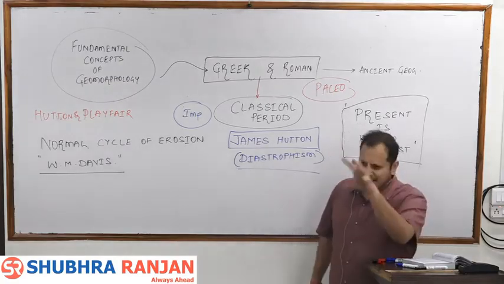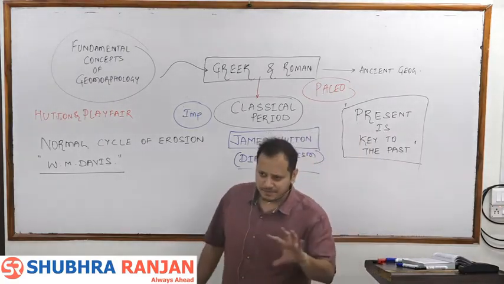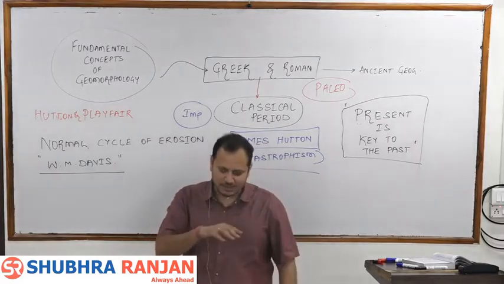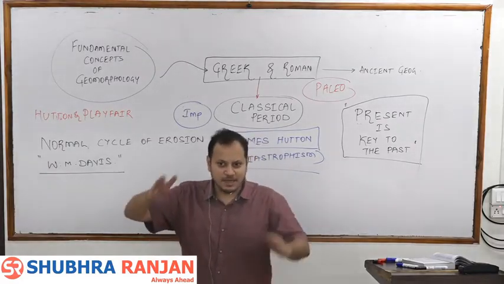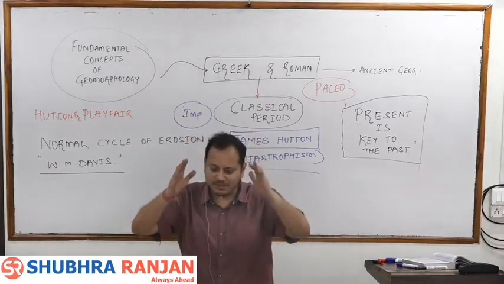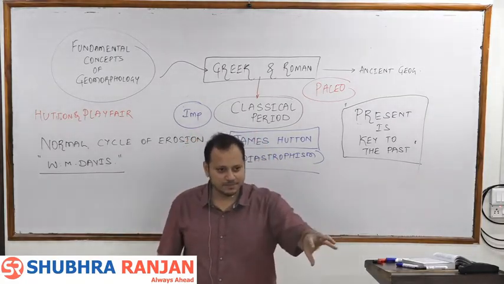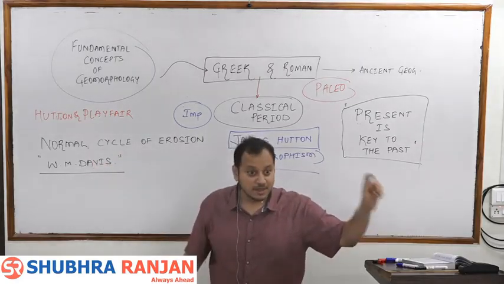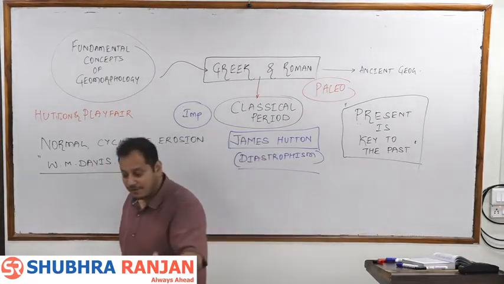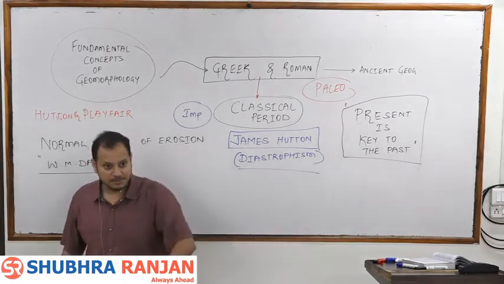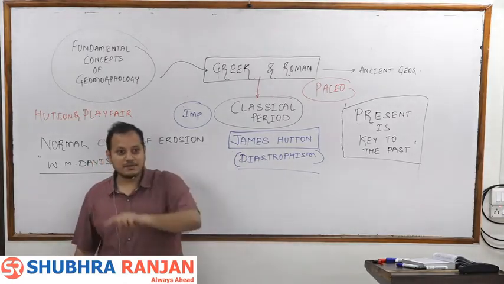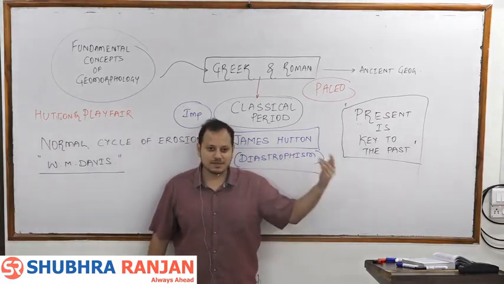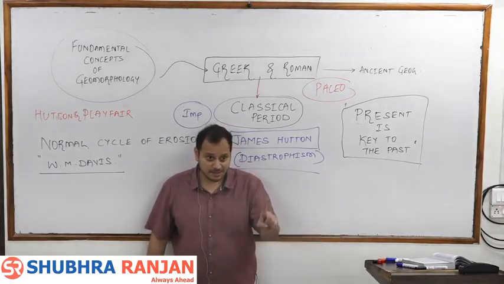Understand now. This was the year 1797 when Hutton came. When Hutton gave this concept, after that numerous geographers came, and geography as a science started developing in Germany and in North America, meaning in Europe and in North America. In Europe, geography as a science started developing in Germany, and in Germany the development occurred of Penck. And in North America, geography as a science started developing in